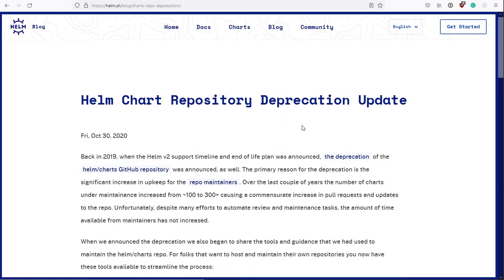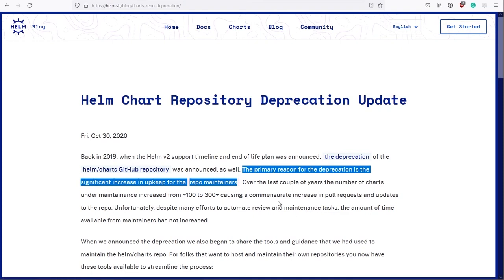If you have a little bit of a search around, you will find the underlying reason why this stable chart has now been deprecated. For example, I'm here on the Helm blog site. The primary reason they give for this deprecation was just the cost and the overhead in maintaining so many different charts. Now, of course, it wasn't just a case of uploading a chart to their GitHub page. They were responsible, or they took on the responsibility of making sure these charts were safe. So there was a massive amount of maintenance needed. Eventually, it was decided that they could no longer bear those costs.